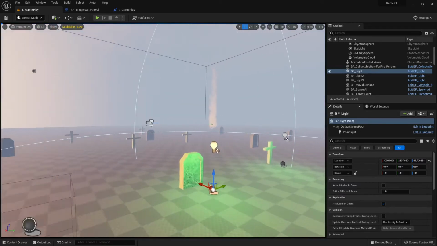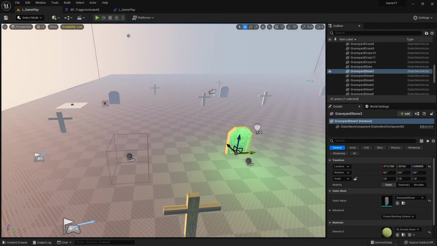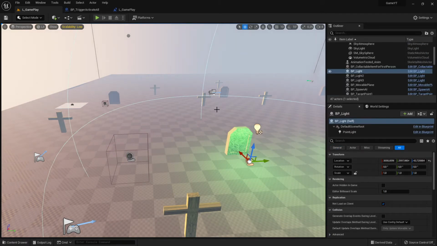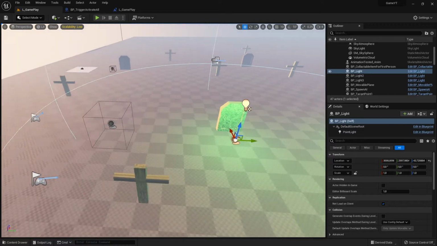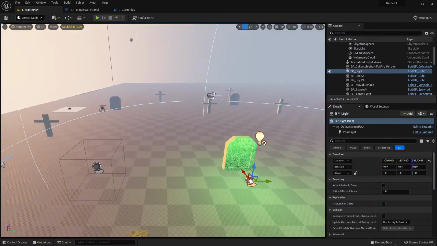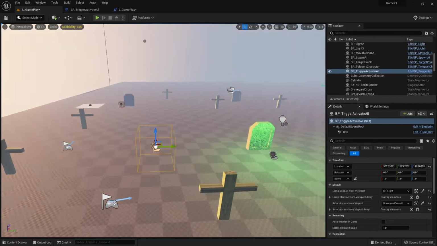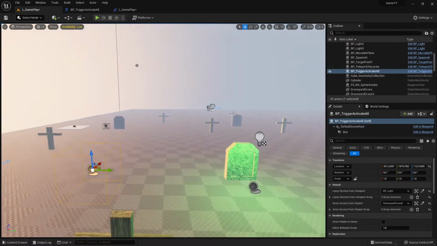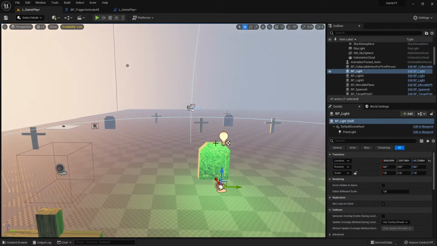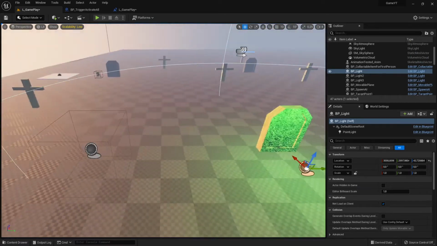Of course you can do this in different places. Like I said, you can do it here, let's say blueprint to blueprint. You can do it in the level blueprint. Some places are easier, some places are a little bit more difficult, but all do the job anyhow. I will demonstrate first the more difficult one, which is not really difficult, just another place. I have a blueprint here, for example this trigger box. I want to implement this event dispatcher here, and it should react to this blueprint here with this light. And what is interesting is